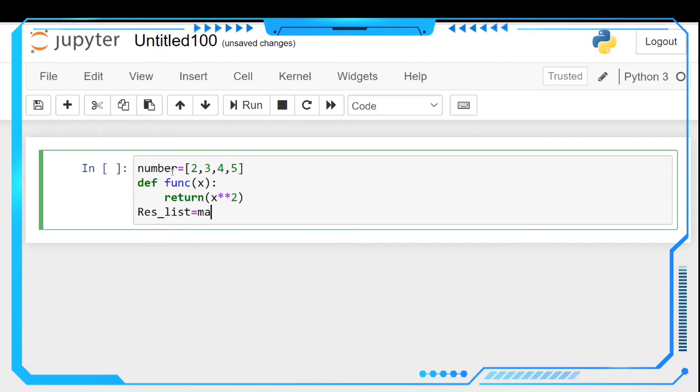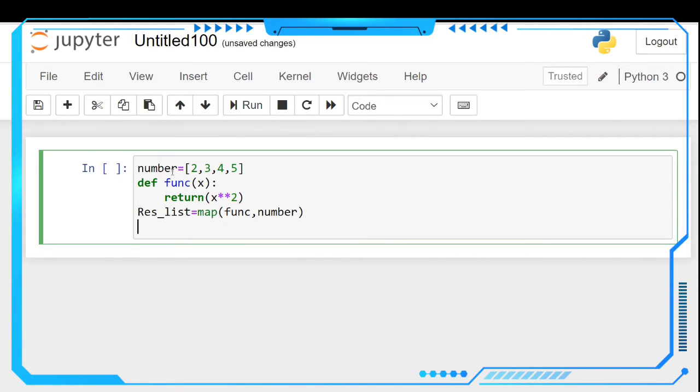Using the map function, the first argument should be the function. The function name is func, comma, and the second should be the iterables, which we defined as numbers. Then we read the result list.